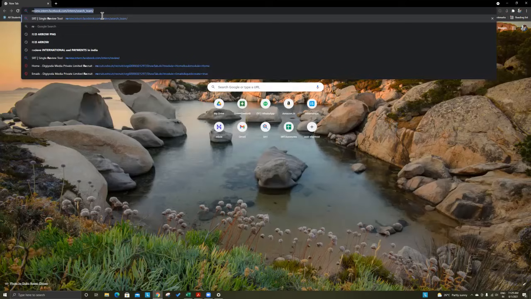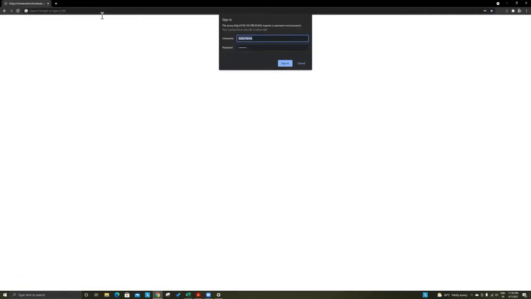Once you enter this URL and click on it, you should see this screen. If you don't see the screen, something is wrong with your proxy settings. You should definitely see the screen. It will ask for a username and password. These will be shared with you by email in the welcome email. Put in your proxy username and proxy password, then click on sign in.